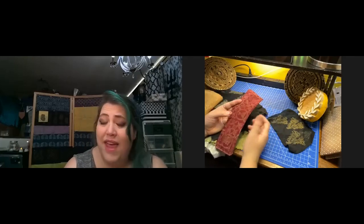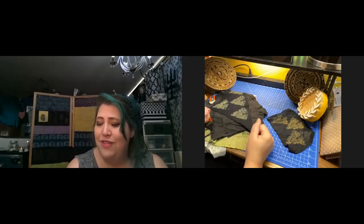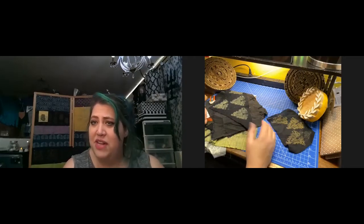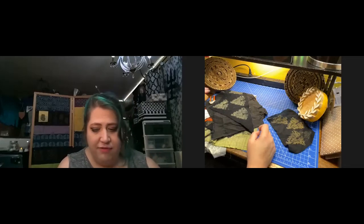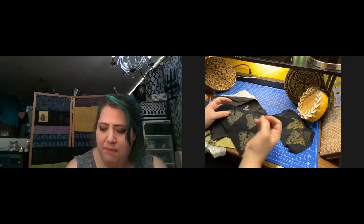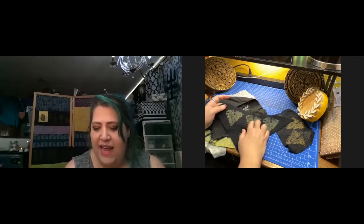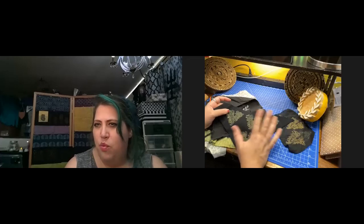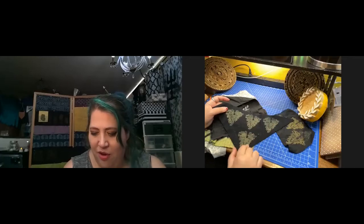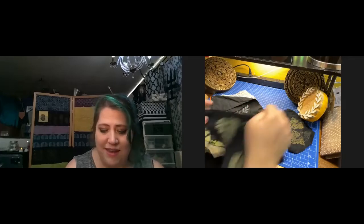If that's not something you like, you could work with a different paint. You can work with a different surface. There's a whole bunch of different factors to getting quality of print. I find that wool wants nice, thick, opaque paint. It doesn't like golds as much. You have to add a yellow to wool. If you want the gold to pop, you have to have kind of an opaque yellow in there. So when I do my test printing for colors, I'll also do that on my scraps, and then they live